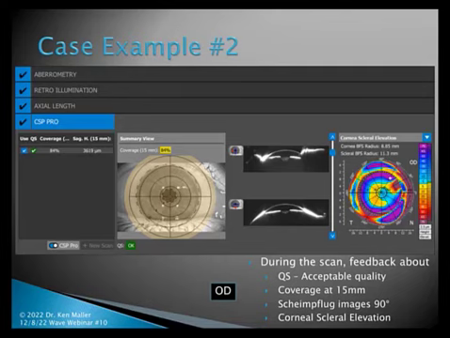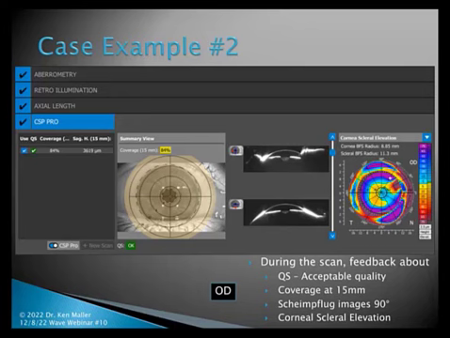And you can see the QS on this one is green and okay, which means that it was an acceptable quality image. We also see how much coverage we had at 15 millimeters. And in this case, it's about 84% of the eye was covered at 15 millimeters. The Scheimpflug images, once again, are shown at 90 degrees apart, and then the graphic of the corneal scleral